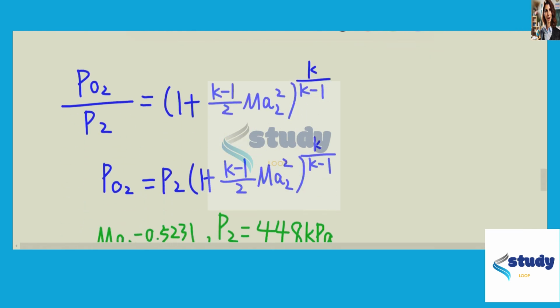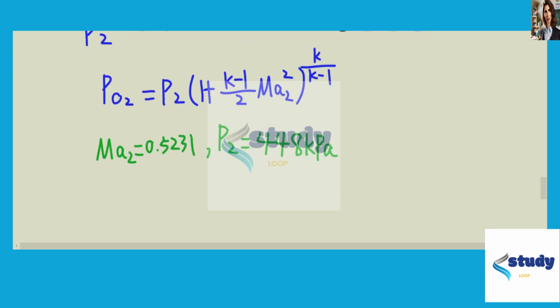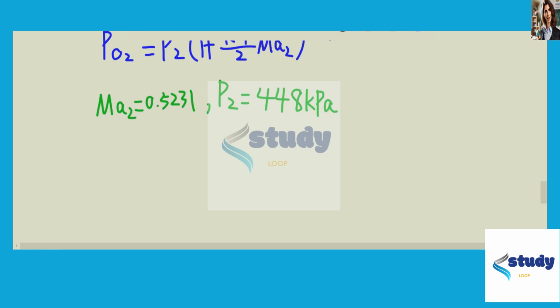So now let's take a look at the stagnation pressure after the shock, which is P02 here. So P02 is equal to P2 times 1 plus k minus 1 over 2 times Ma2 squared, to the power of k over k minus 1. So we know Ma2 is 0.5231, P2 is 448 kilopascal. So now let's plug back into the equation to determine the stagnation pressure after the shock, which is equal to